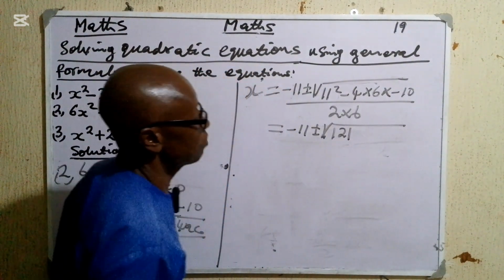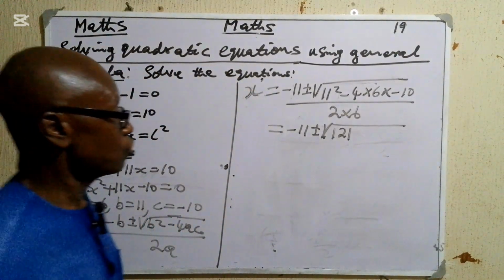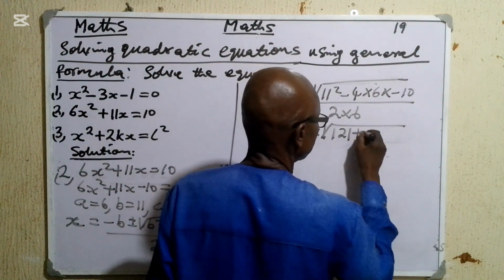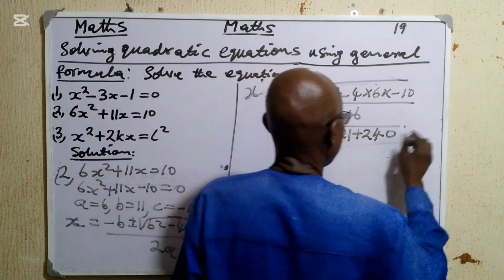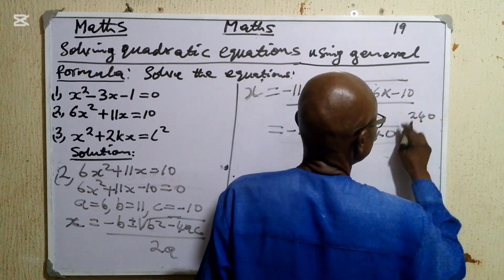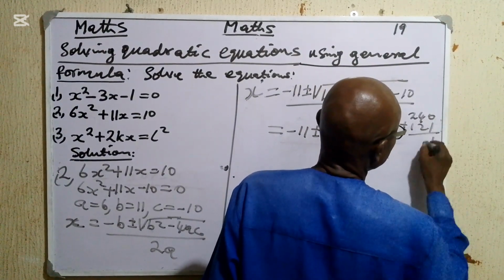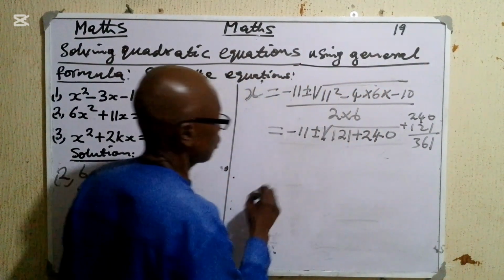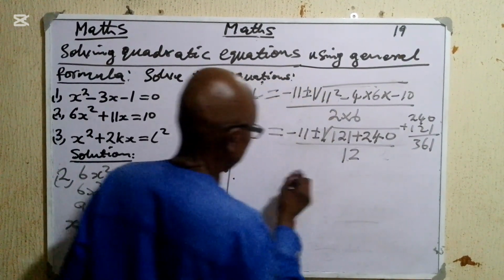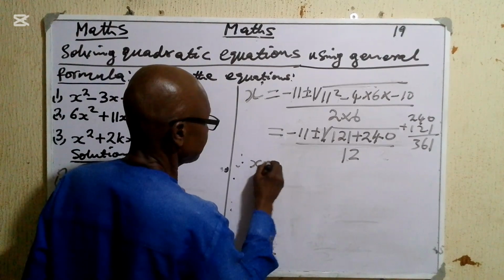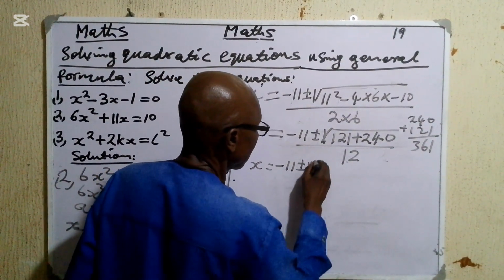Minus times minus is a plus. 4 times 6 is 24, times 10 is 240. That should be plus 240. And if you add 240 plus 121, that will give us 361. So this should be over 12, for instance. That means that x is equal to minus 11 plus or minus square root of